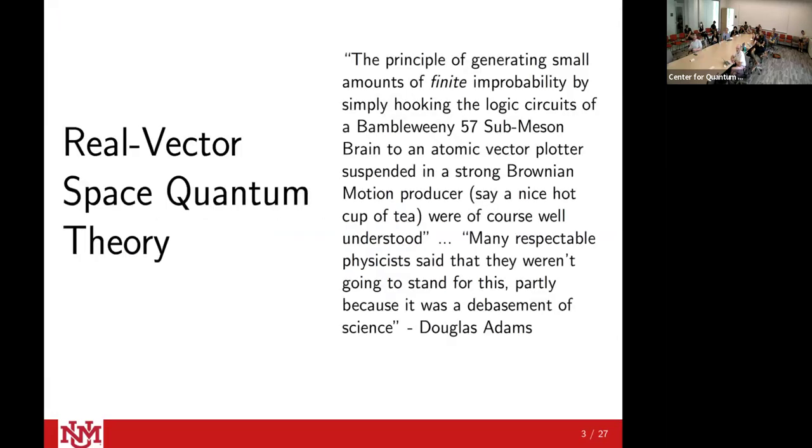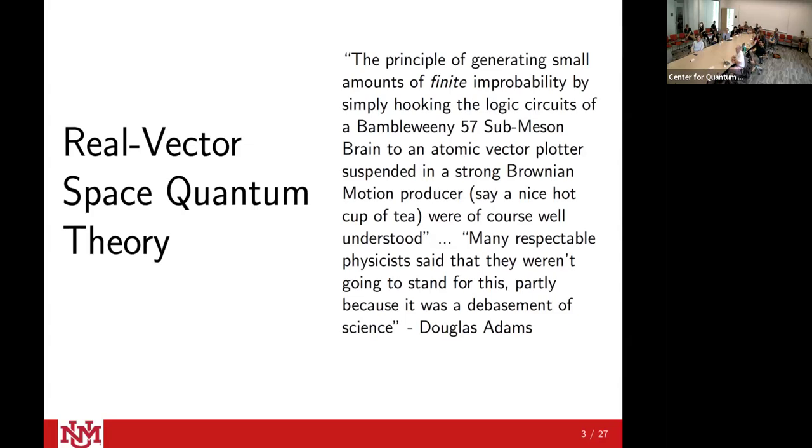All right. So first up, we have real vector space quantum theory. When I was looking at Cole's slides, I was like, oh my gosh, Cole has so many jokes. I don't have good jokes. So on the title slides for each of these, I've written down chapter 11 of The Hitchhiker's Guide to the Galaxy, where they invent the infinite improbability drive, which I would read to you, but I'm just going to wait until I see some chuckles or thumbs up in the room and then move on, because I think it's faster to read it than.